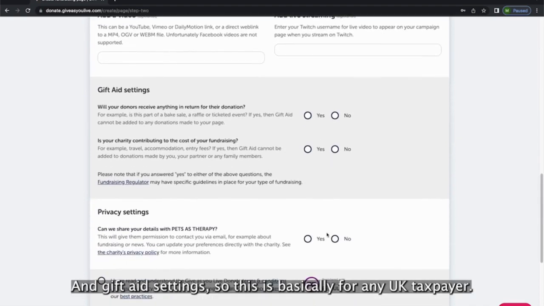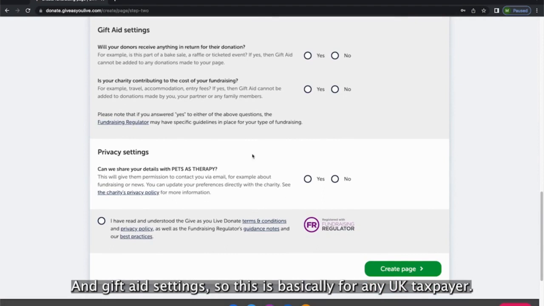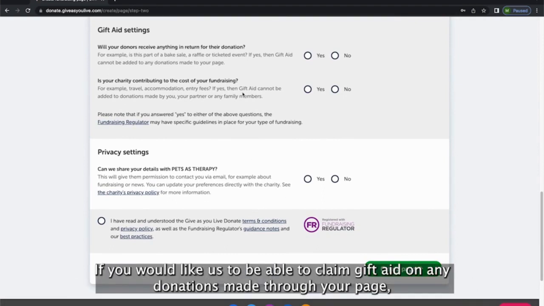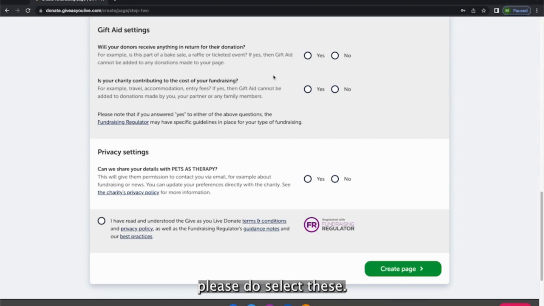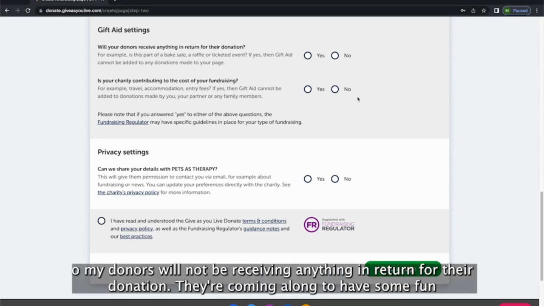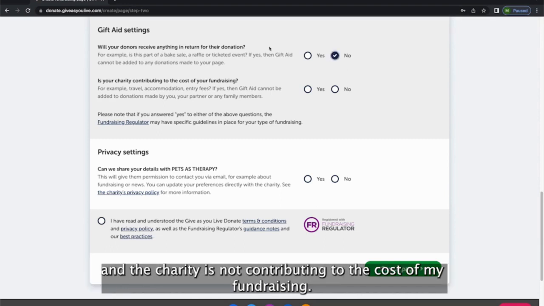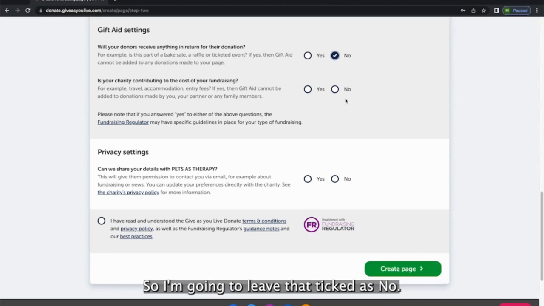and gift aid settings. So this is basically for any UK taxpayer. If you would like us to be able to claim gift aid on any donations made through your page, please do select these. So my donors will not be receiving anything in return for their donation. They're coming along to have some fun. And the charity is not contributing to the cost of my fundraising, so I'm going to leave that ticked as